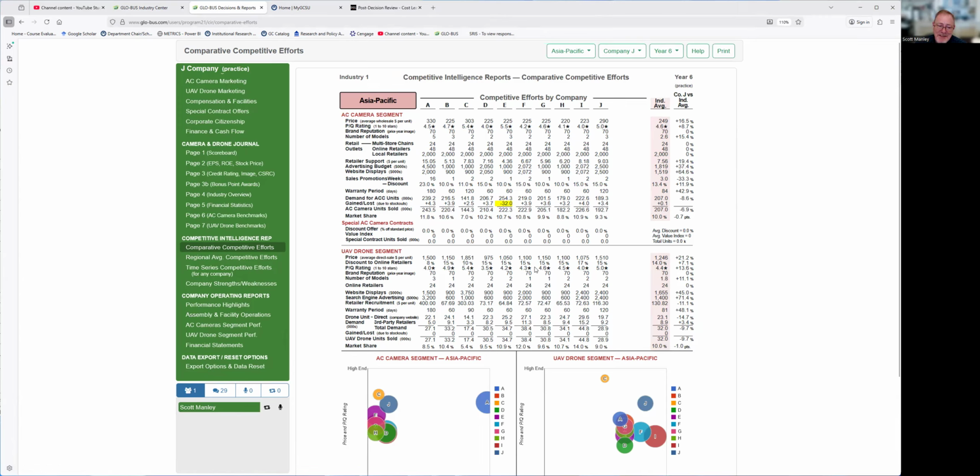Not trying to beat a dead horse, but once the decisions come out, you ask yourself, what was my intended strategy? Did I achieve it? If I didn't achieve it, what was my actual strategy? And then given this information and given the resources that the company possesses, where do I go from here?